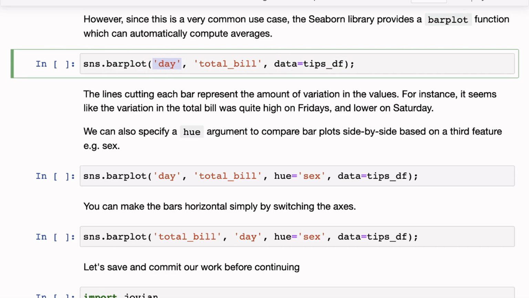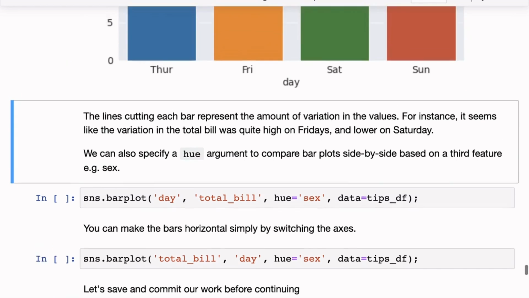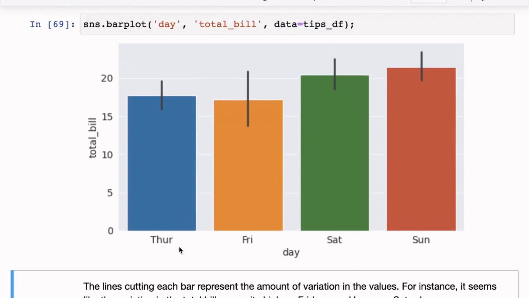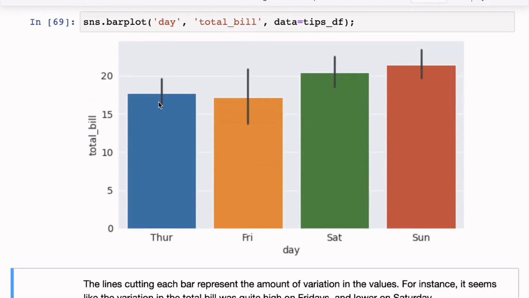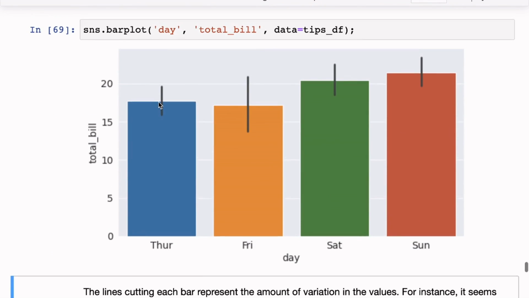So we now say that we want to group on the day and we want to average the total bill. So on the x-axis we have the day, and on the y-axis we have the total bill, and Seaborn will automatically calculate the average and plot a graph. So now you can see Thursday, Friday, Saturday, Sunday. We see a graph very similar to what we saw here, but this is done automatically for us.